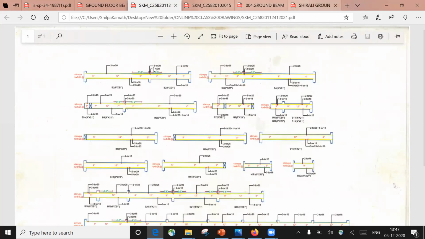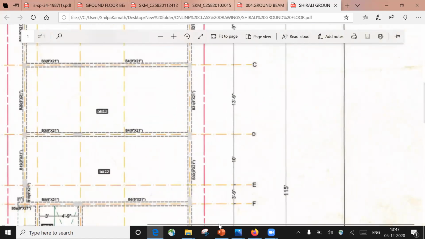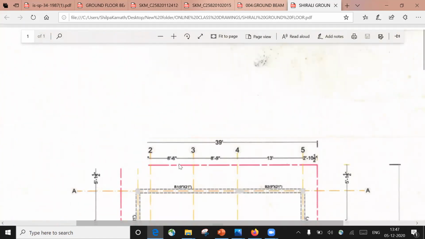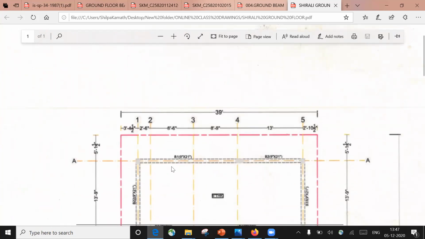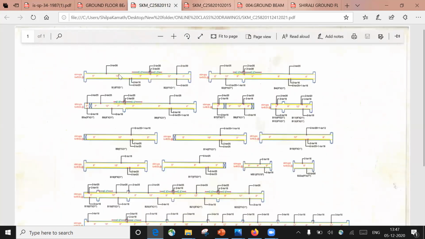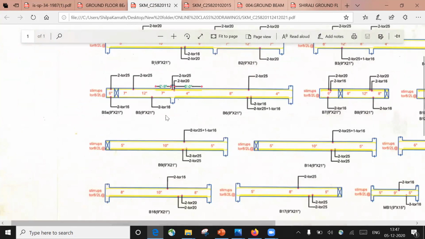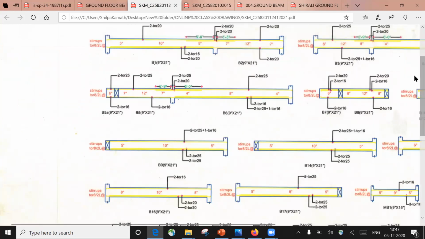Now how do we have to understand this? What is the name of this particular beam? Right now we are concerned with only this beam. The name of the beam is b1, and also b2. For this particular beam, what is the reinforcement that we need to check? That is why I'll go to the beam reinforcement and see the b1 beam. I'm concerned with b1, so I'll go to the b1.